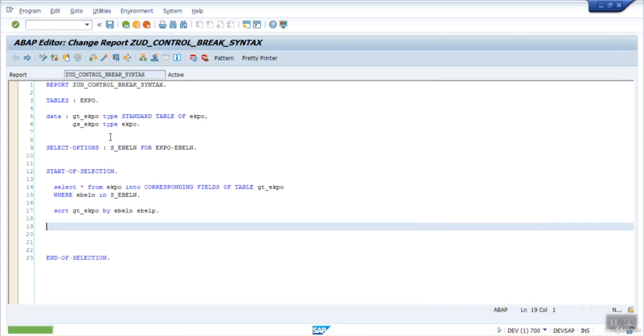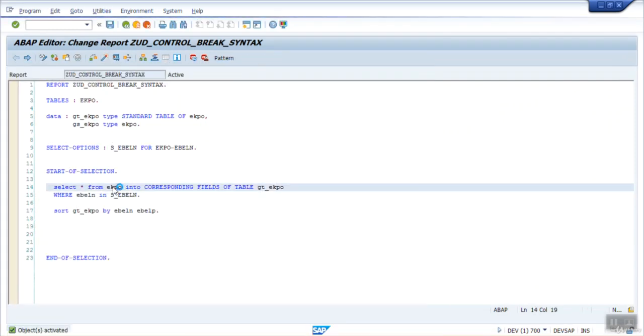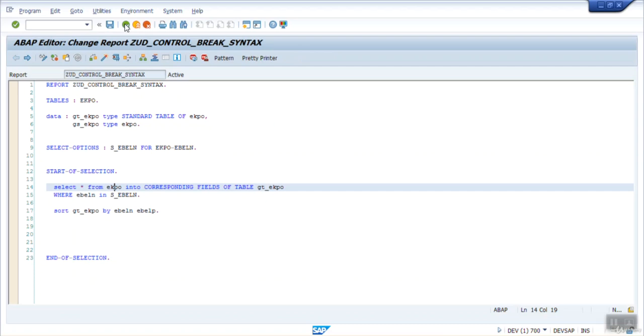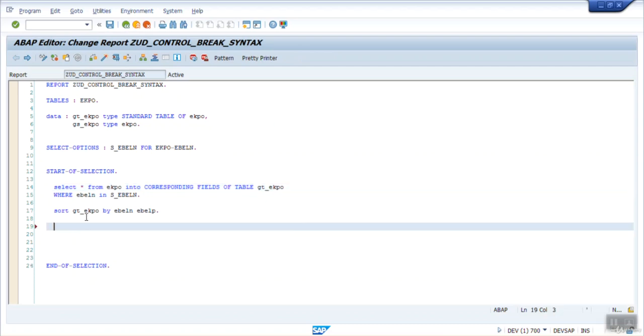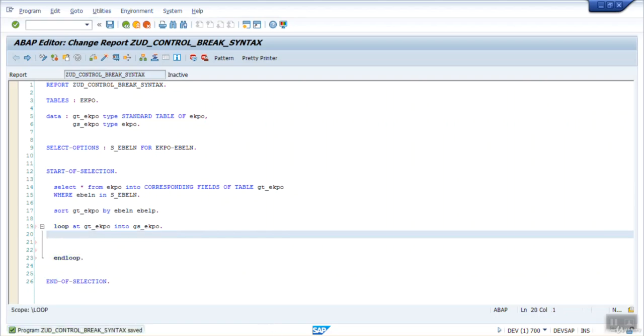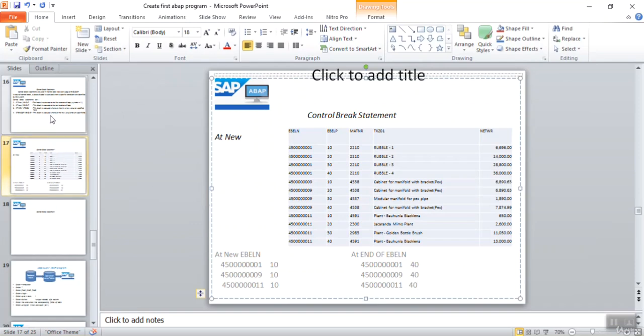If you want to see the key field, just double click on EKPO. So you can see the first two fields are primary key, EBELN and EBELP. Here is the key indicator. Now we'll make the loop at GT_EKPO into GS_EKPO and loop. So what I want to do, at the first record, that is the at first,